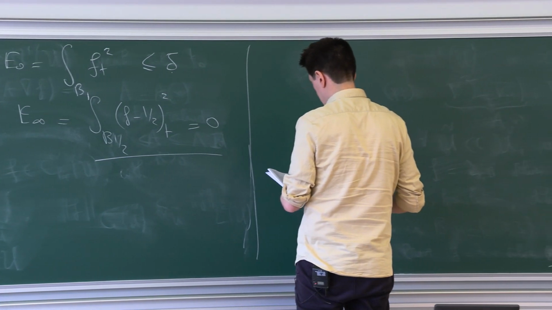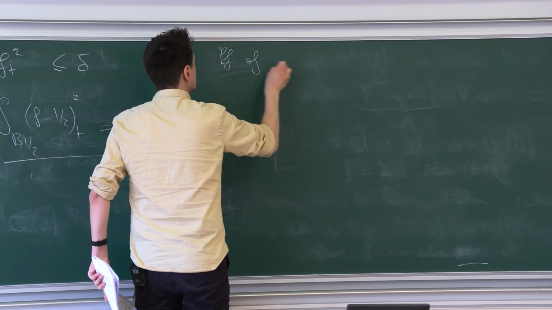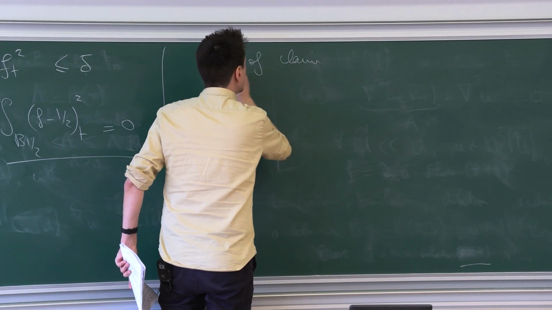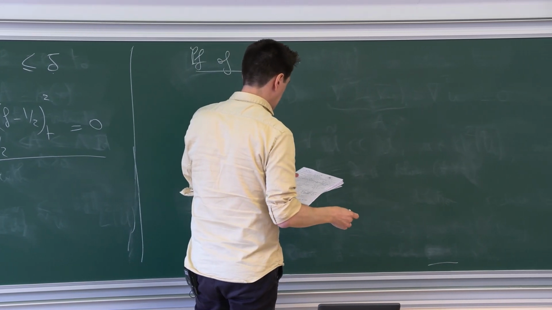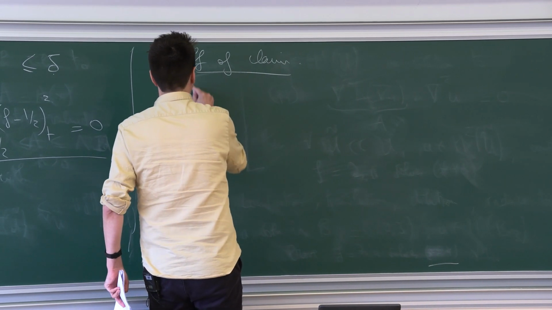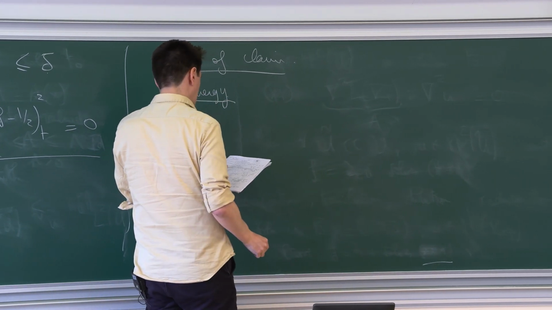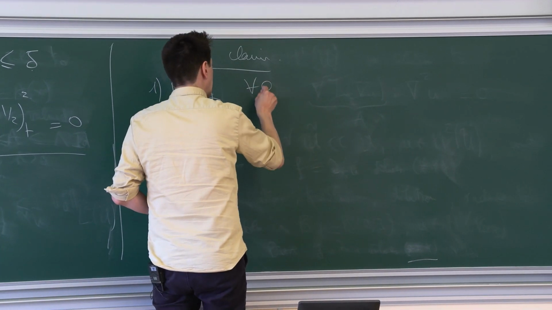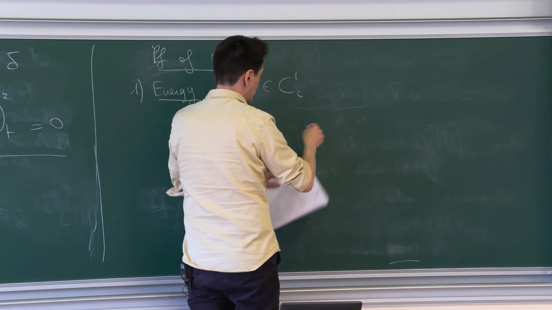So, proof of the claim. So we want to show the following. The first step is the energy. It's a localized energy estimate. I claim that for any phi C1 compact supported in B1,